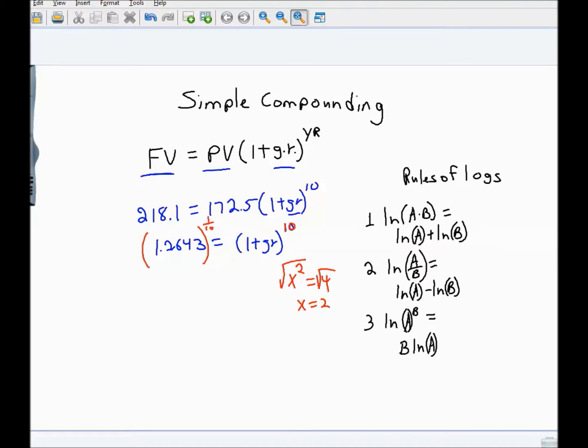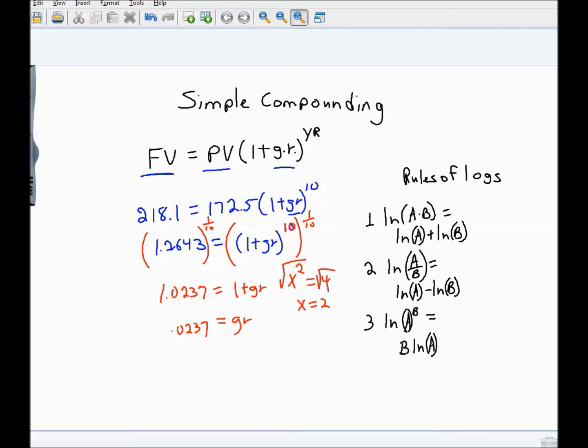It's just another way of writing a root, right? So I'm going to take the 10th root of both sides, which my calculator can do, and I get the 10th root of this thing is 1.0237, and then on the right hand side all that's left is 1 plus the growth rate. If I subtract 1 from both sides, I get the growth rate is 0.0237, or if I wanted to put it in percent, it would be 2.37%. So that's the average inflation rate across those years,